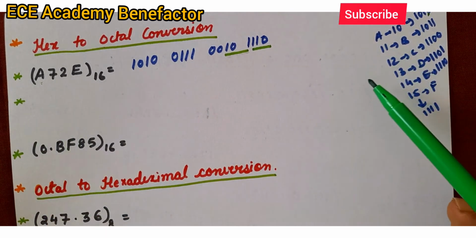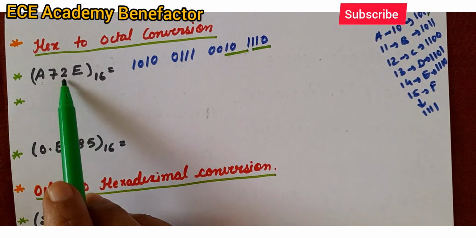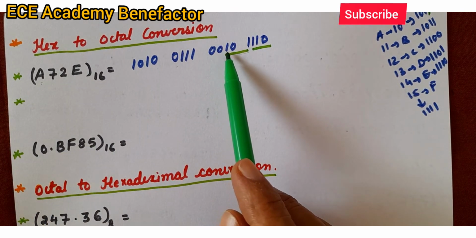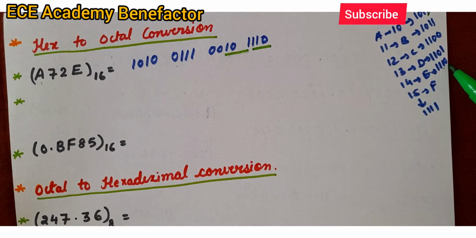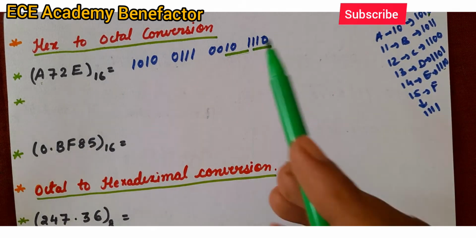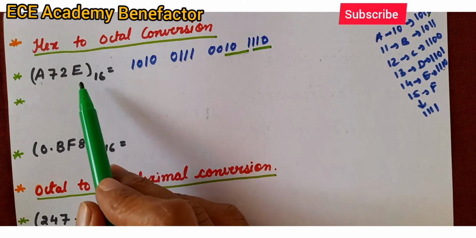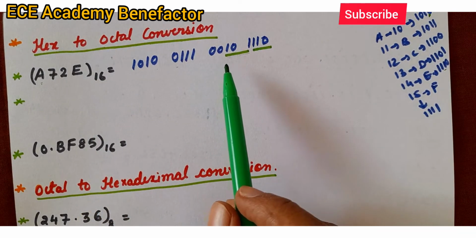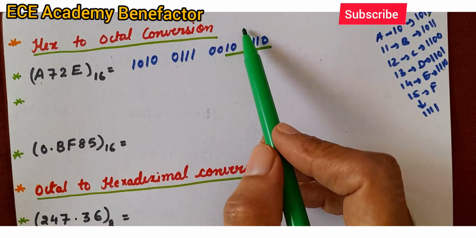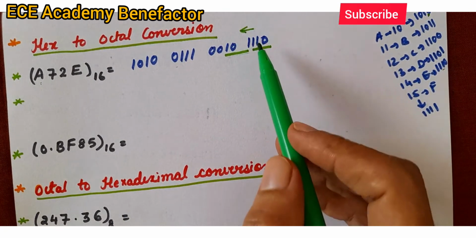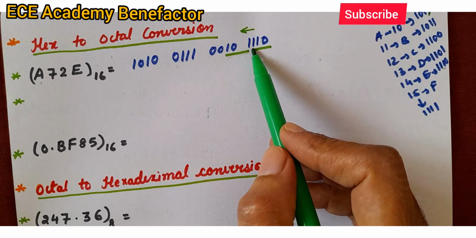7. 7 is 0111. 2 is 0010. E. E is 14, 1110. Okay. Now after writing this hexadecimal number in binary, we have to make groups of 3 bits traversing in this direction. Okay. So let me group 110,